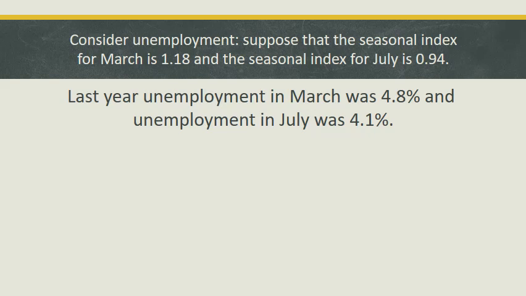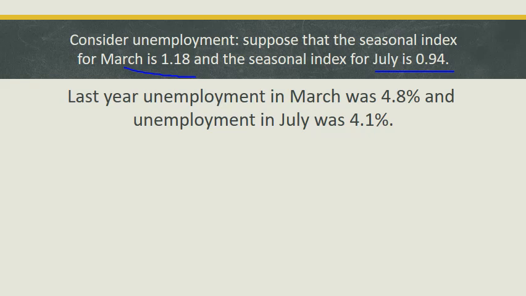And let's quickly look at another example. Unemployment rates typically have a yearly cycle. For example, it is common for unemployment to be lower in the summer months as temporary workers find jobs on farms and tourist resorts. Let's suppose that these are the seasonal indexes for March and July,